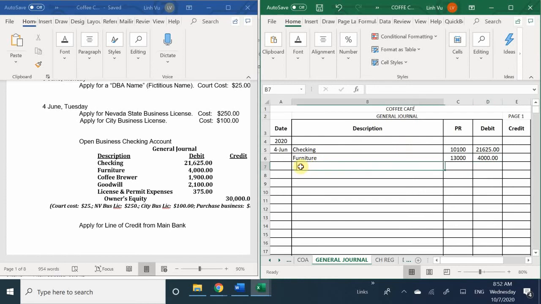Okay. Then the next one is going to be our coffee brewer. That is 15,010 for chart of accounts. 15,010, perfect. And it is for the amount of 1,900. Okay. And then let me see what else happened. We incurred goodwill, right? We bought out the business. We bought out the business with its name. So goodwill, which was for